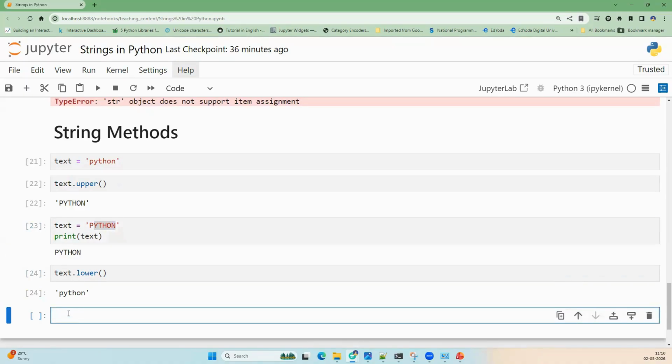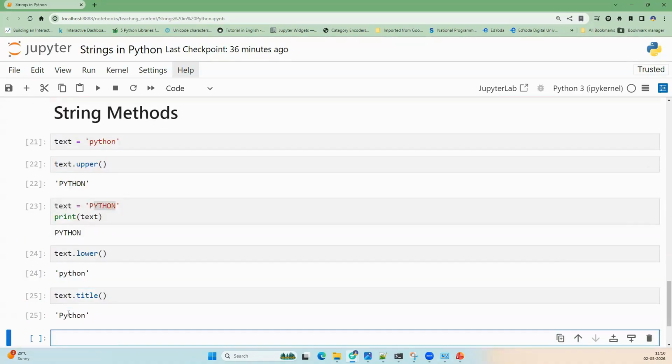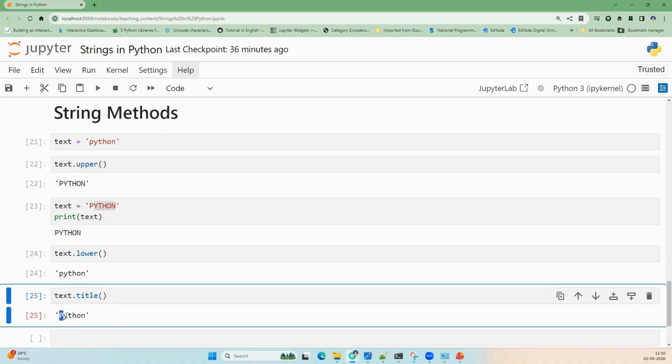In that case, we can use a method called title. So we are simply creating the title of this particular string. This gives you the first character as capital and the rest all as small. So these methods simply change the case of the string. And you need to note one thing here. Whatever string is represented, you can see the strings are being modified, right? If you check the ID of the string that is created after modification, the ID, that is the memory address,